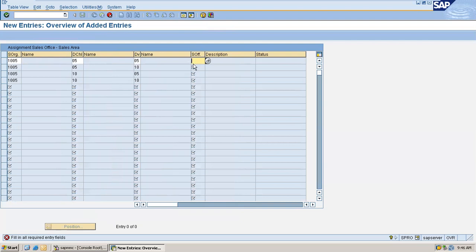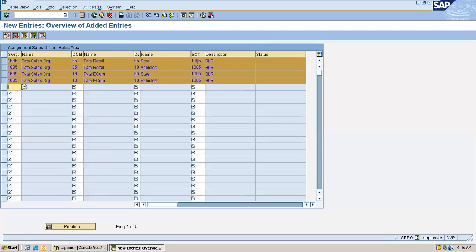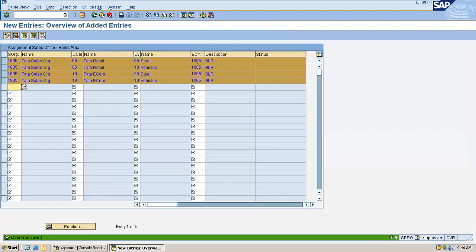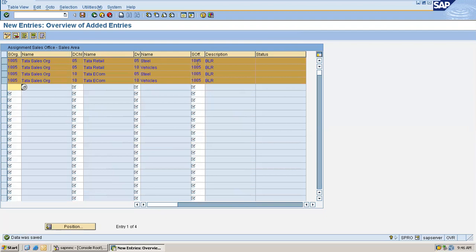See now, it is asking for sales office: 1005, 1005, 1005, 1005. This is how you can simply assign your sales office to sales area.